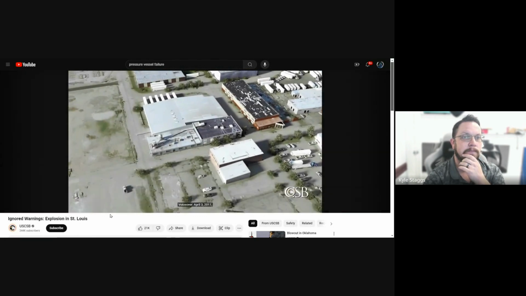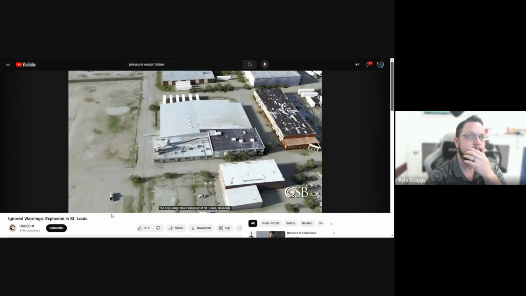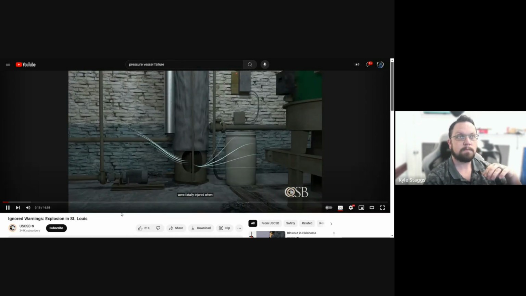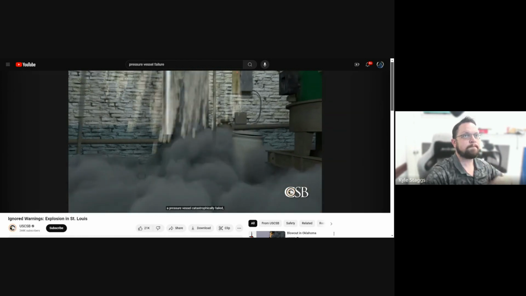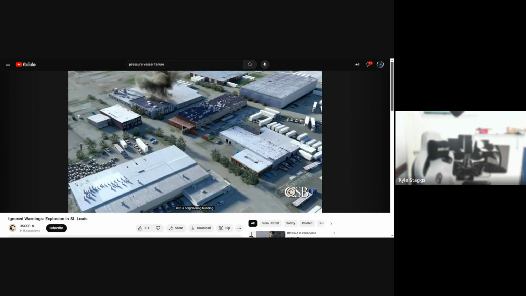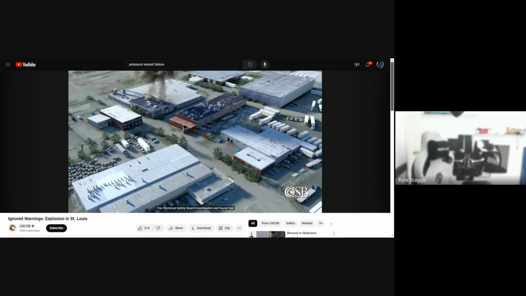April 3rd, 2017. The Loy Lang Box Company of St. Louis, Missouri. One worker and 3 members of the public were fatally injured when a pressure vessel catastrophically failed, causing an explosion that launched the pressure vessel into a neighboring building. The Chemical Safety Board investigated